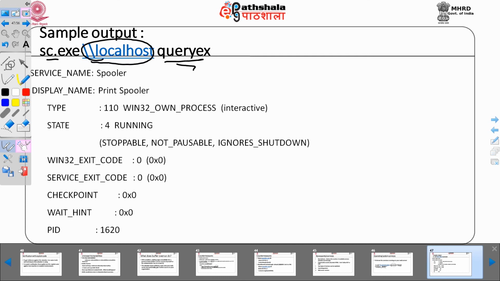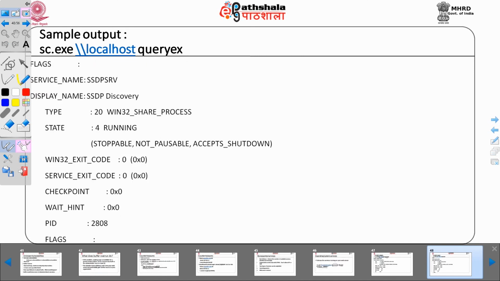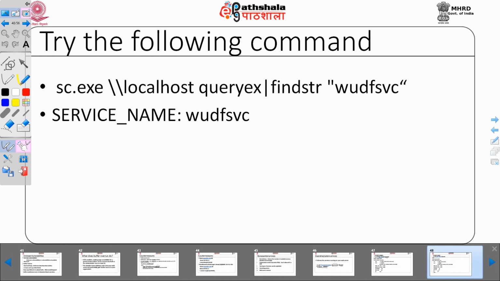It would generate a list of the services with parameters: service name, display name, type, state, Win32 exit code, service exit code, checkpoint, wait hint, and PID. This is the information of one service. Whatever services are running would be listed like this. I have just given you the example of two services.